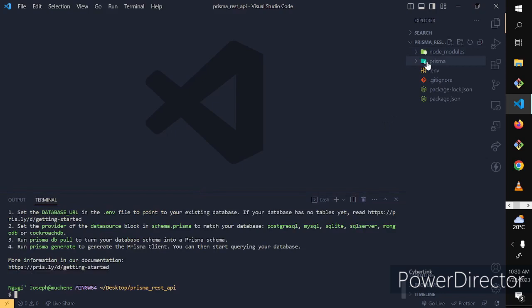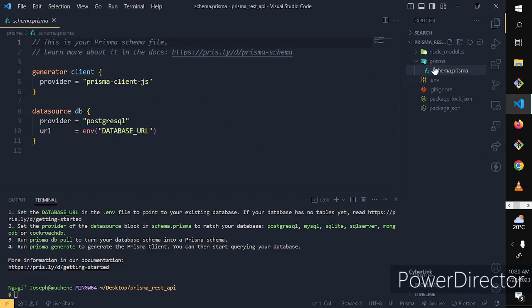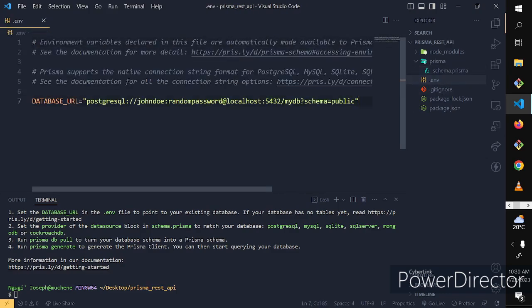Okay, so we have a Prisma directory here. So if we check on our Prisma directory, our Prisma schema, we have our generator, which has a provider, prisma-client-js, and then we have our data source db, and the provider is PostgreSQL, and the URL is, we don't have the URL yet, but it is stored in the .env file here. So here, I'll just remove this,